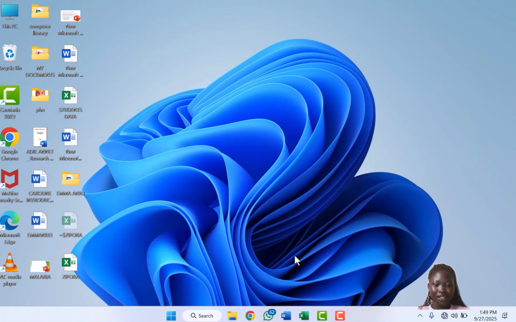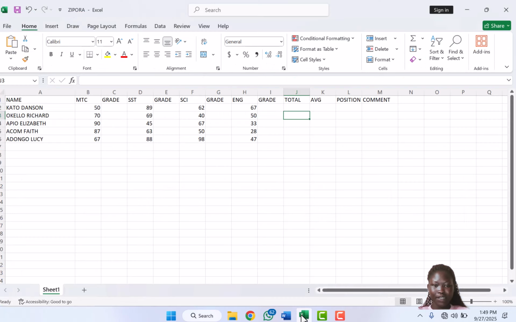So I'm going to be taking us through how to make a report card using Excel. As we said earlier, Excel can be used in making report cards and storing data. As you can see here, I have these things. This can be your data which is stored, people's results. So for making a report card, usually you have the marks, the grade, the total marks, average, position, and then